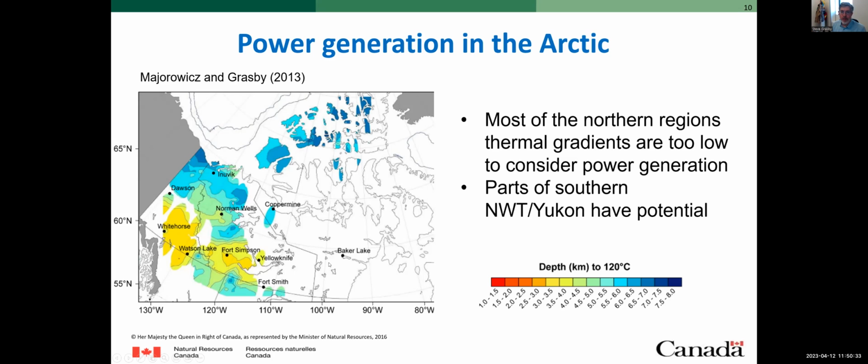Most of the territories is white because we have no data to make any judgment on. Doesn't mean it's a write-off, but it just means we can't comment. It's probably low, or you'd have to drill quite deep, though. But as you can see, we get into areas in southern Northwest Territories, southern Yukon. We're looking at drill depths of 2 to 3 kilometers to reach pretty reasonable temperatures